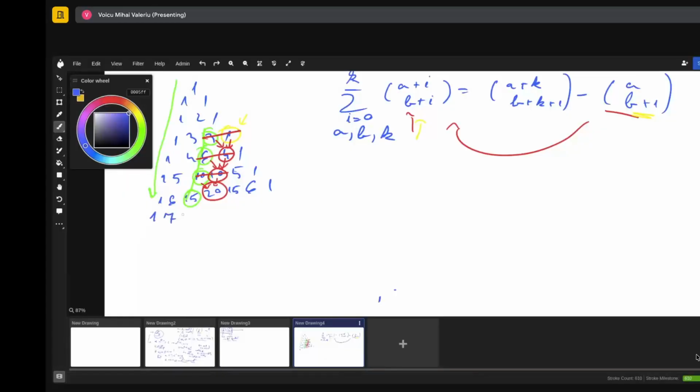1, 7, 21, 35, 35, 21, 7, 1. And similarly, now that we have two adjacent elements in Pascal's triangle, we can again simplify these two to get another binomial coefficient. The reason why this is called the hockey stick identity